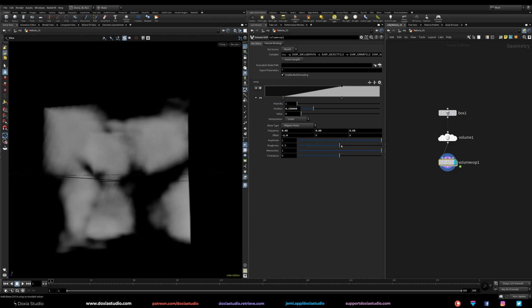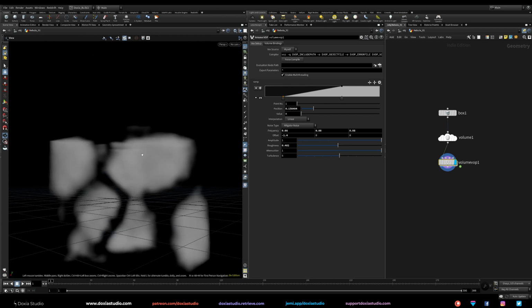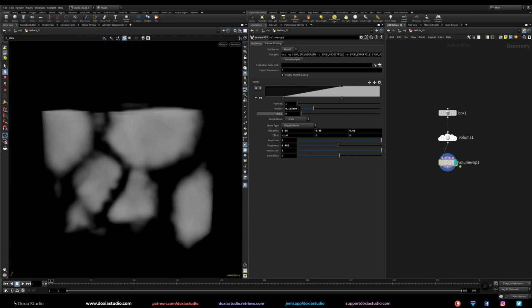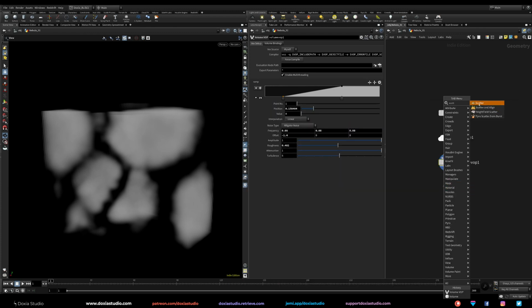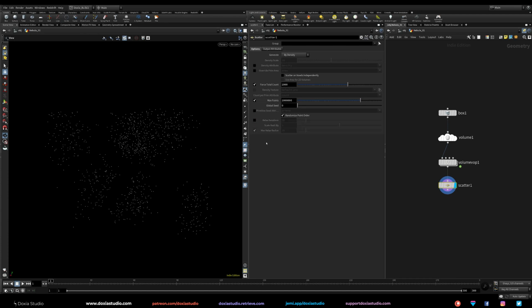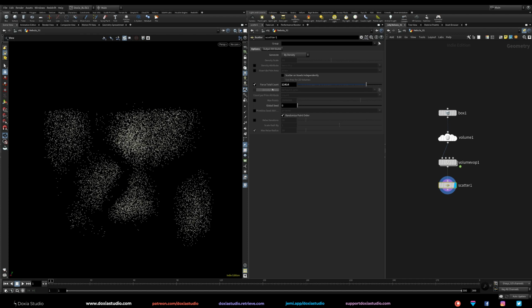So that is cool. If you want, you can lower the roughness or increase this a bit just to have little points. I hope you can see them. Let's turn off the grids because we are working in space, so we don't mind that. And let's scatter some points. On the scatter, we are going to use really big numbers. So first of all, turn off relax because that brings a lot of computation, and turn off max points. We want to be free and increase these numbers.